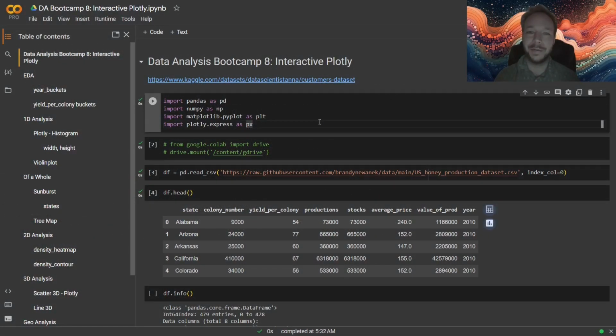Okay, getting started with our data analysis, our bootcamp 8, the Python section. I'm going to go over how to use Plotly. Okay, so getting started with our standard data science libraries. And here we have